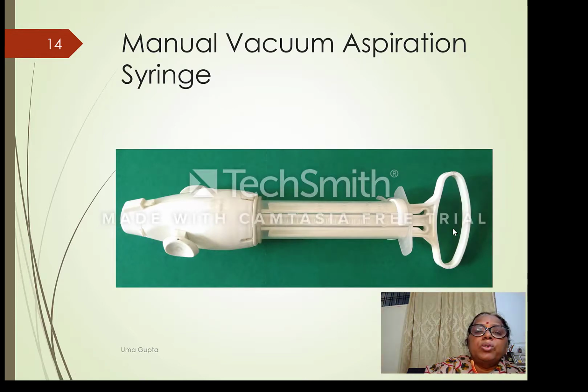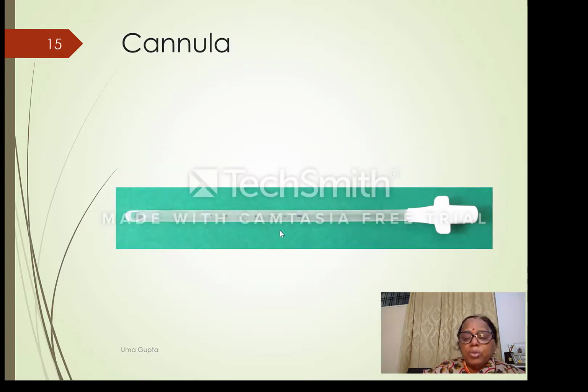This is the manual vacuum aspiration syringe. Now the Karman's cannula, this is a device which creates vacuum, and it is having different cannulas of sizes which come, and this is used for creating a negative suction. It is a manual vacuum aspiration syringe, and when you are using this syringe, normally it is not having any medico-legal aspect. It is used like a regulation syringe. This is a cannula of the manual vacuum aspiration, which I had just now showed. This cannula belongs to this instrument.